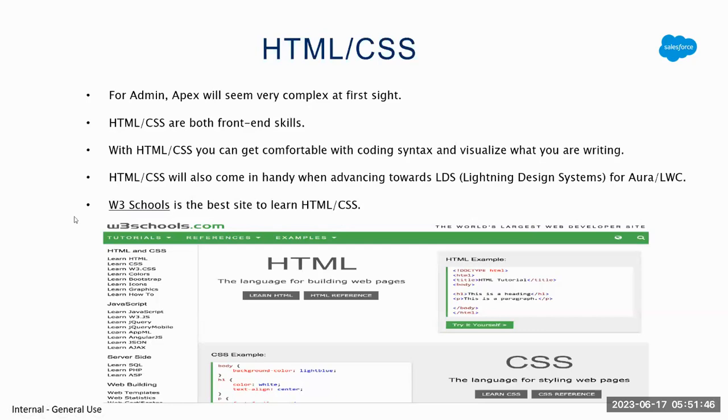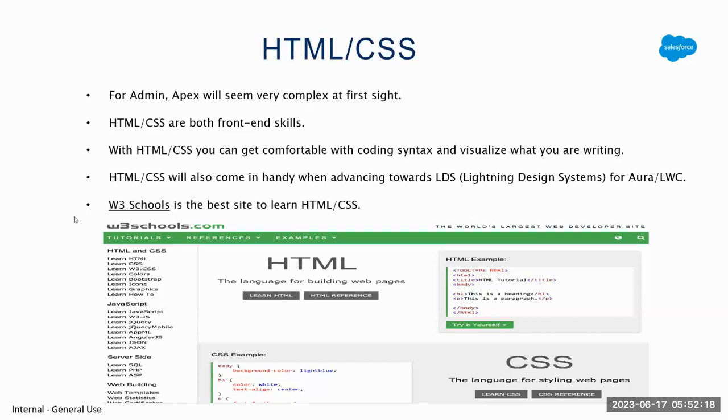That's why I say if you want to start with coding and you have never done coding, don't directly jump to Apex. Because Apex will be complex and you cannot see the end result until you have written the whole code, or you run it in anonymous debug and then see through system debug. So always try to start with HTML and CSS. And this will also come in handy, because it is not learning gone waste, because in Aura components and LWC components, you will be using HTML and CSS.